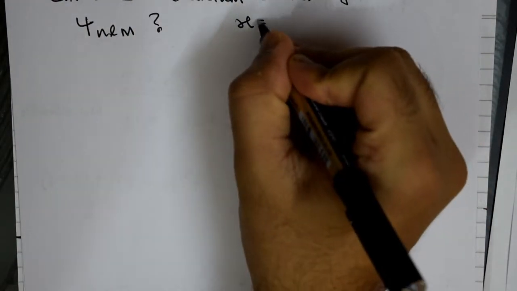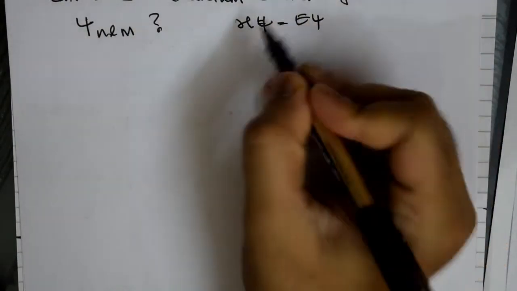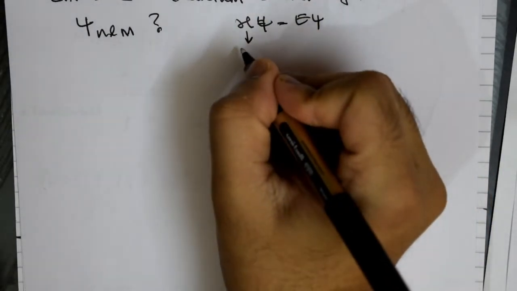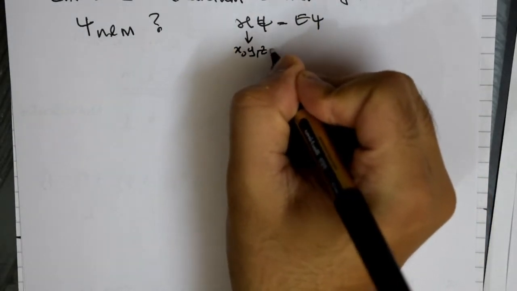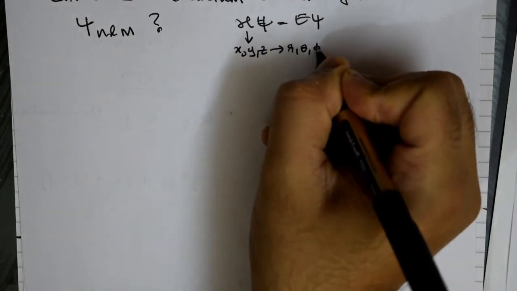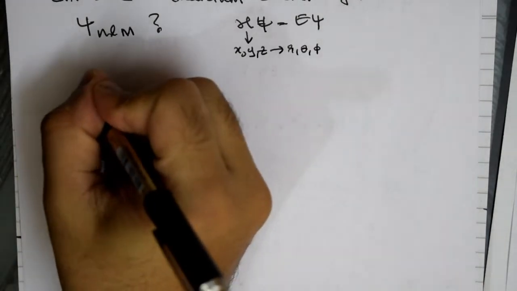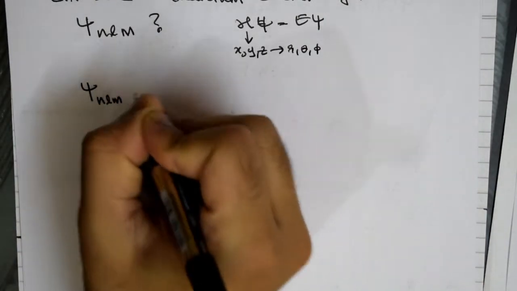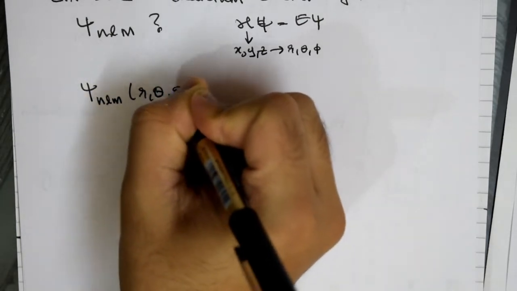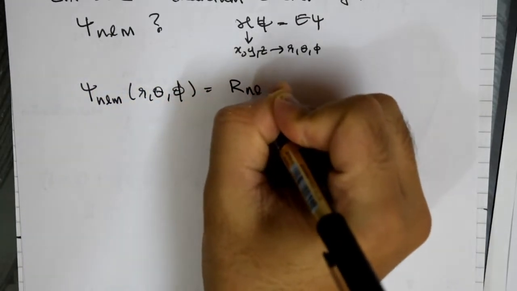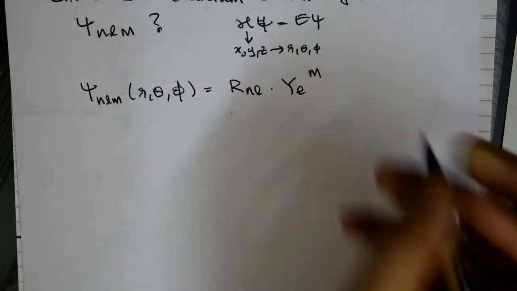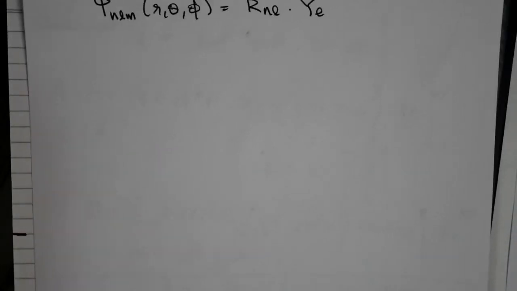In the previous class, we saw the time-independent Schrodinger's equation for the hydrogen atom. The H psi equal to E psi was solved. We saw how the Hamiltonian is written in the Cartesian x, y, z coordinates converted to the spherical polar coordinates r, theta, phi. Then we solved it such that we got two components, where psi n l m of r, theta, phi is given as the radial component R_nl times the angular component Y_lm, and the R_nl component was